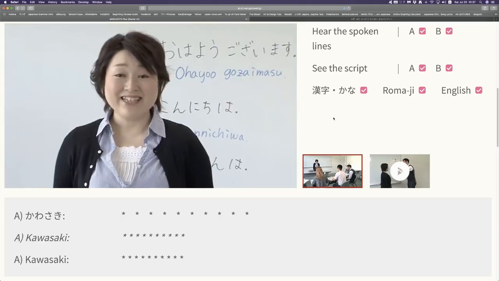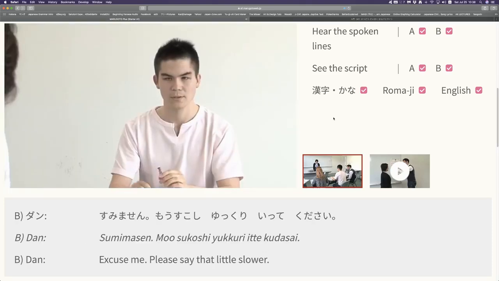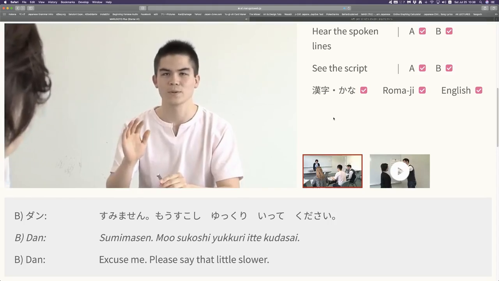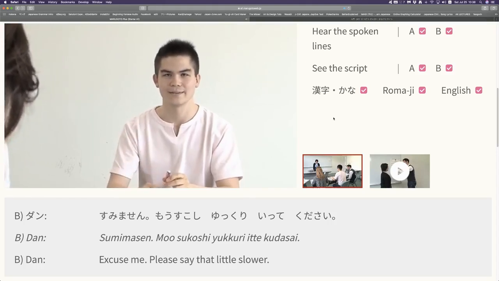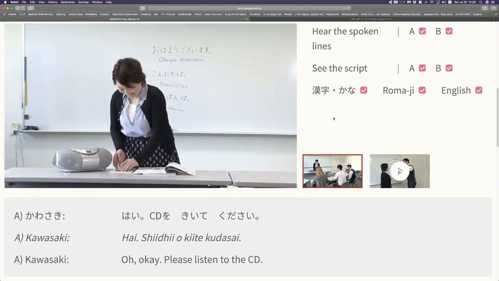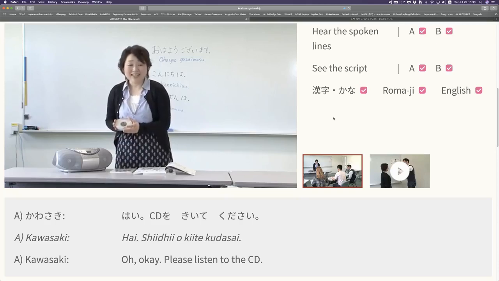じゃあ CD を聞いてください。 すみません。もう少しゆっくり言ってください。 はい。CD を聞いてください。